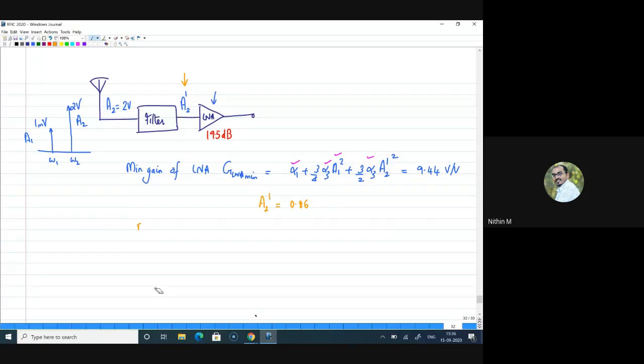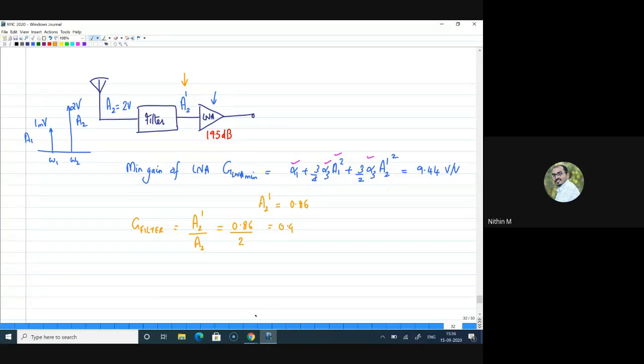Now I can find the gain of the filter. Gain and attenuation are both the same; if we write it as gain, we just give a negative sign. So how will you find the gain of the filter? It can be obtained by dividing A2 dash by A2. This is what we are interested in: how many decibels your filter should cut down the interference signal. So A2 dash by A2 is 0.86 divided by A2, which is 2,